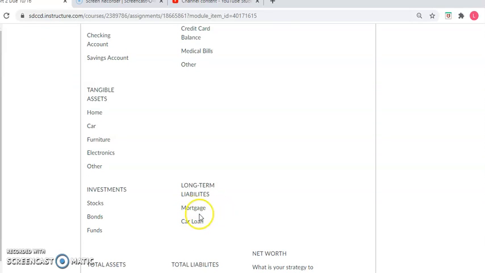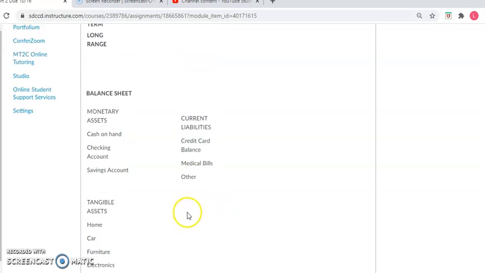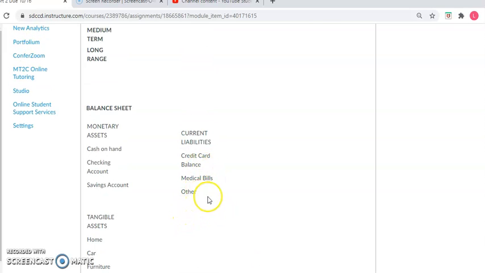So long-term would be that mortgage and the car loan. Short-term liabilities are going to be bills that are going to take you longer than 1 month to pay off, but you'll probably pay them off within the year. So if you have a credit card balance you're paying down, now